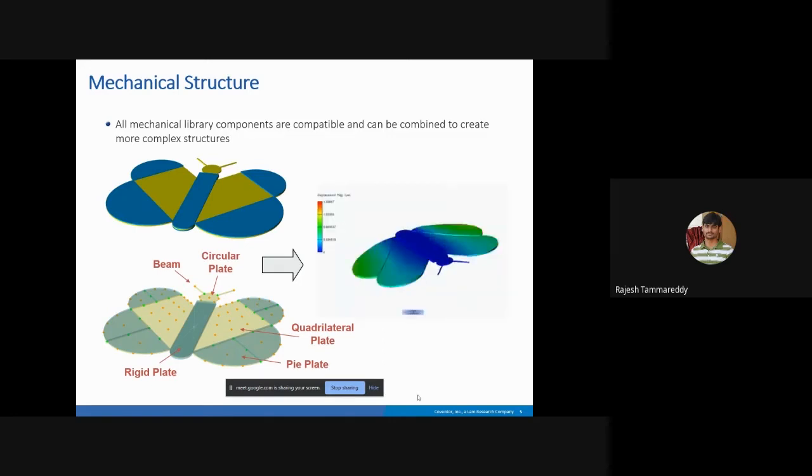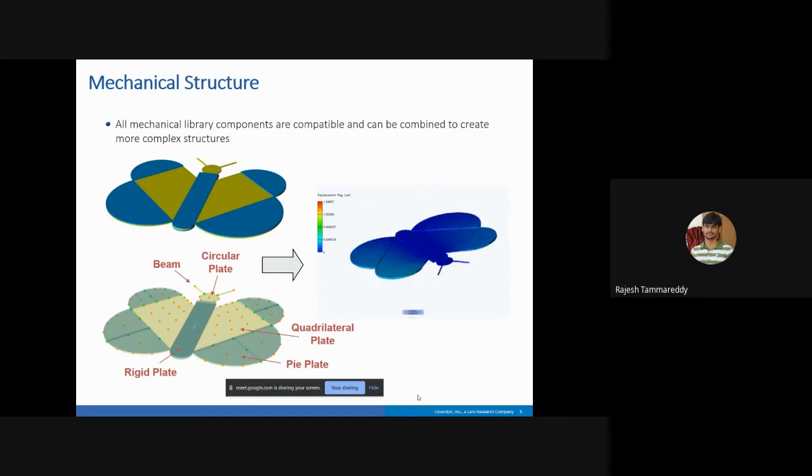The green dots that you add here, see in the bottom butterfly, these are mechanical connectors that are connected together. And the orange dots that you see are floating connectors. And the gray dot that you see in the rigid plate is a fixed connector. These are all the boundary conditions that you can assign.